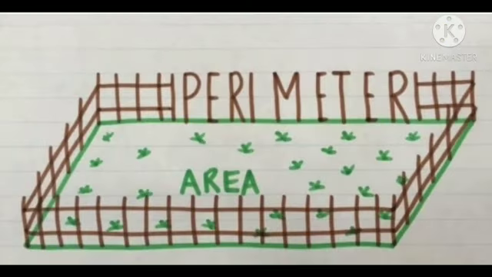Now see, with the help of this picture, it will be very clear to you what is perimeter and area. When we are finding the area, we are finding the space inside your closed figure. And while finding the perimeter, we are finding the distance around the edges of your closed figure.